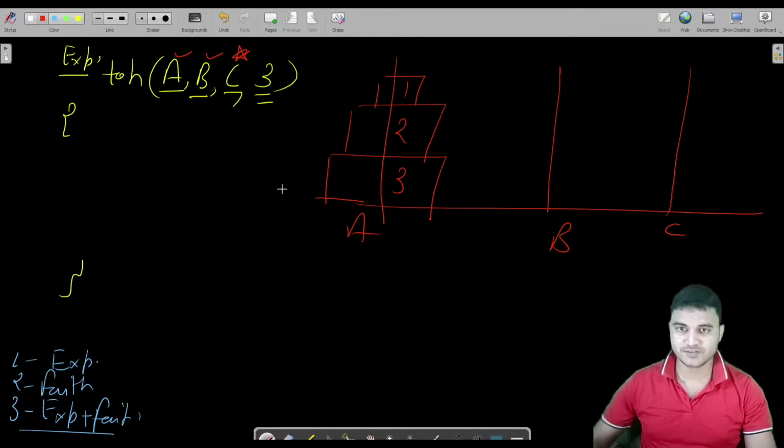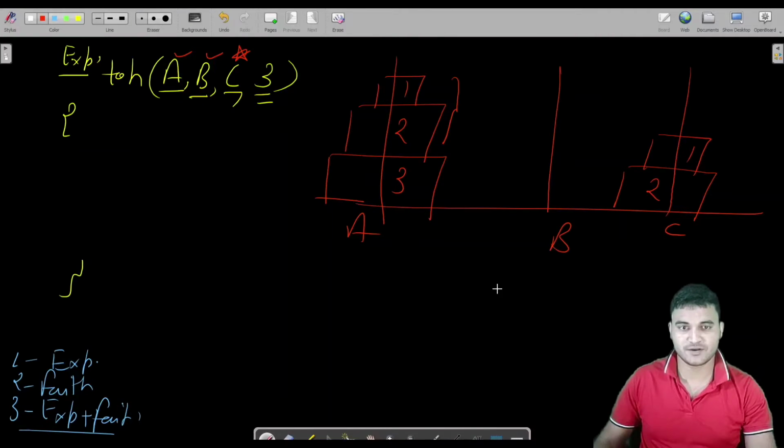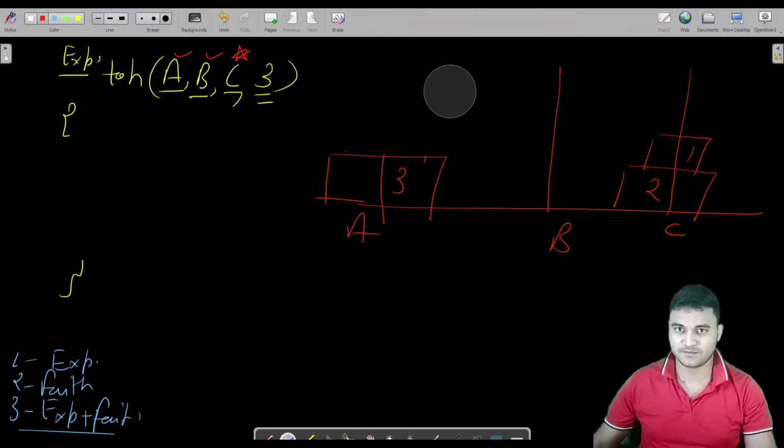So what we could do is, in only 3 steps, we could pick up these 2 disks, which is n-1 also, from A to C. Let us say we have 2 here and 1 here, and we do not have a disk here anymore.